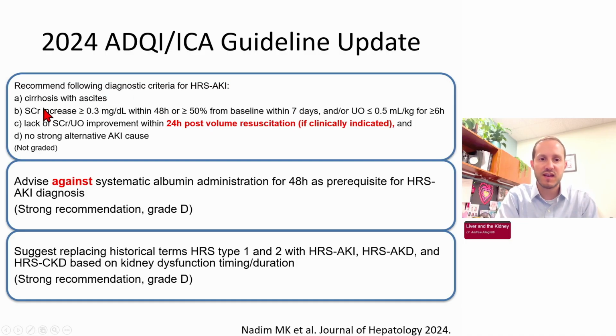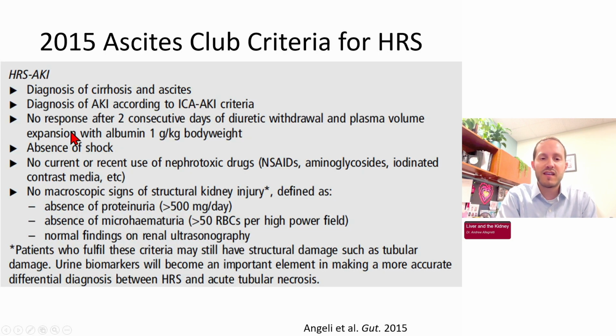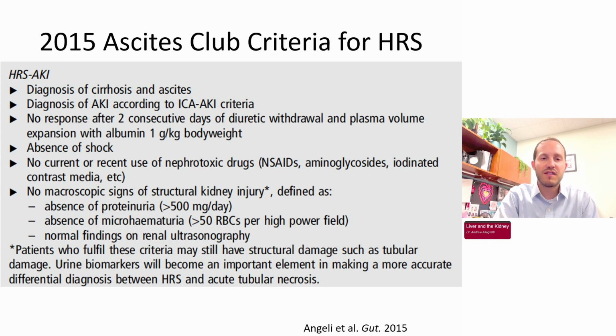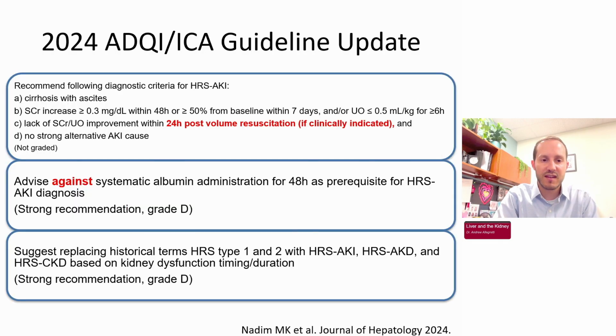So in truth, it's not that different in intent, but it is different in practice, where you still need cirrhosis and ascites, you still need AKI by serum creatinine, but you no longer need a mandatory 48-hour volume challenge. And in fact, they went so far as to recommend against it routinely. Give it if it's appropriate clinically based on your volume exam. And then they simplified these last 3 bullet points in the previous criteria into no alternative AKI cause. And while this helps somebody like me who's very comfortable making these diagnoses and sees this all the time, if you're looking for the algorithmic approach, this older criteria may be better because you can check off the boxes and still get to a pretty reasonable answer by the end of it.